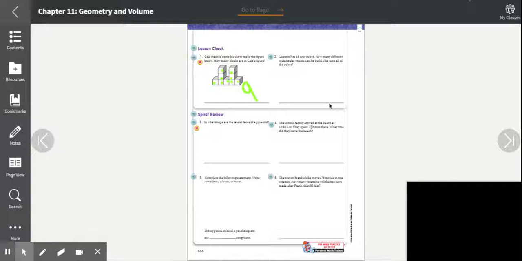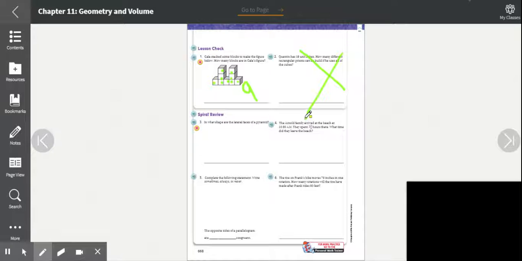But the first question says, Kayla stacked some blocks to make the figure below. How many blocks are in the figure? So I counted: 1, 2, 3, 4, 5, 6, 7, 8, 9. So 9. We're going to skip